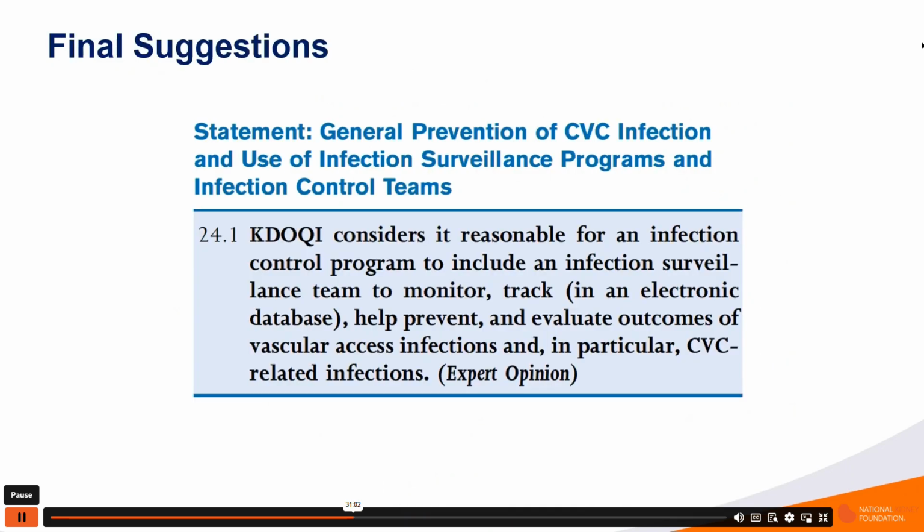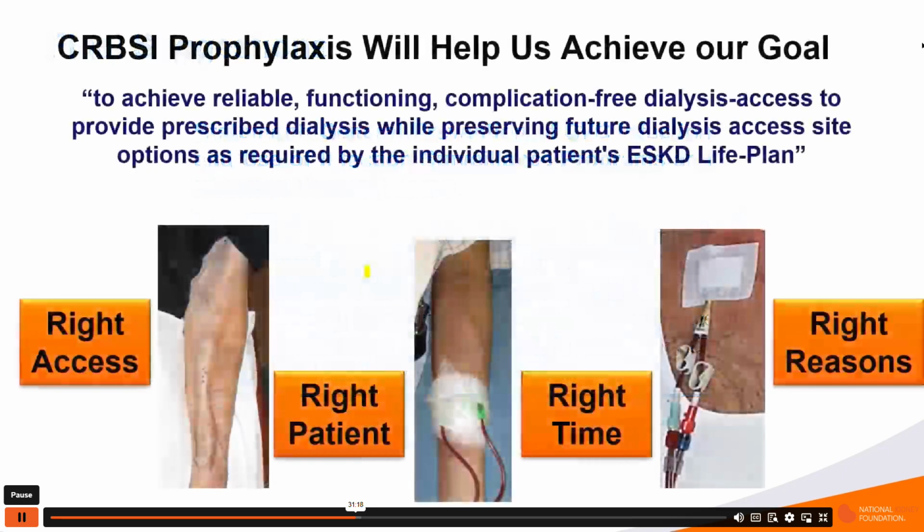So my final suggestion from the KDOQI guidelines is that they really recommend including an infection surveillance program to monitor and track infections to help prevent and evaluate outcomes of vascular access infections, particularly central venous catheters. And by preventing catheter-related bloodstream infections, it really will help achieve the KDOQI goal to achieve reliable functioning, complication-free dialysis